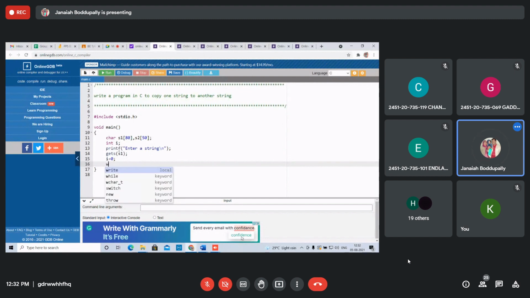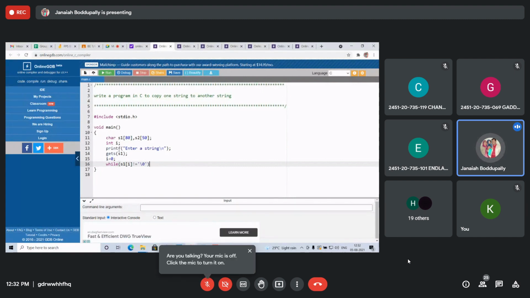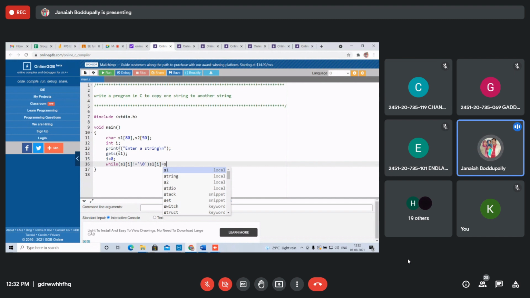Now while s1 of I not equals to the null character, means s1 of I not equal to null character, it is not the ending. That's the null character at the end of the string. Right? Now s1 of I equals to s2 of